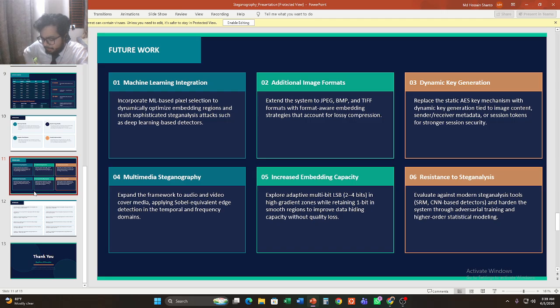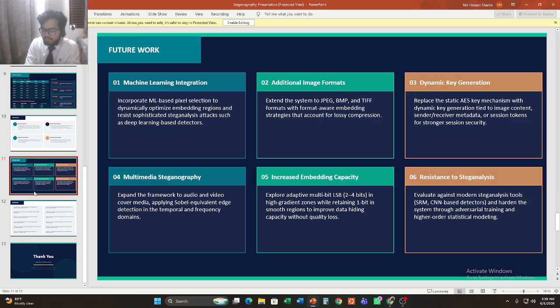Then a comparison with existing methods. The proposed method was compared against two previous steganographic models using a 512 byte payload on all three images.